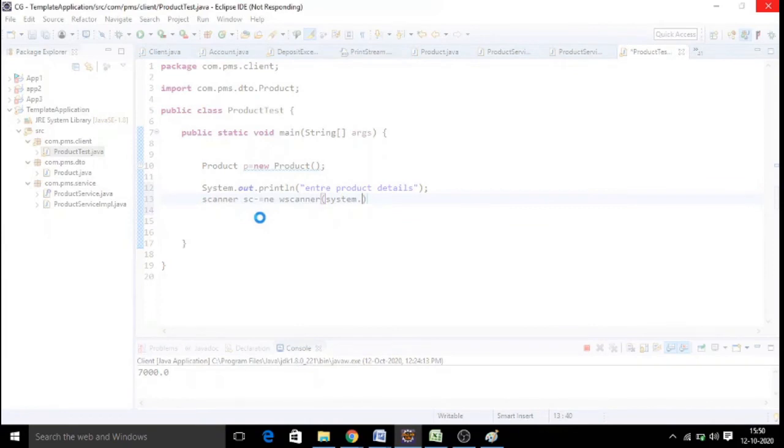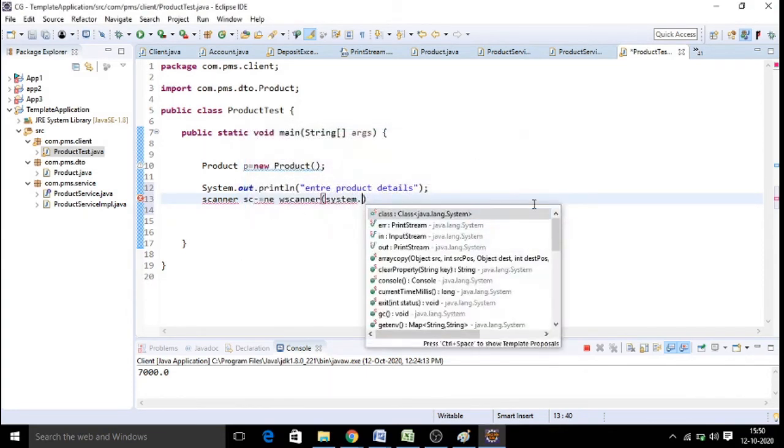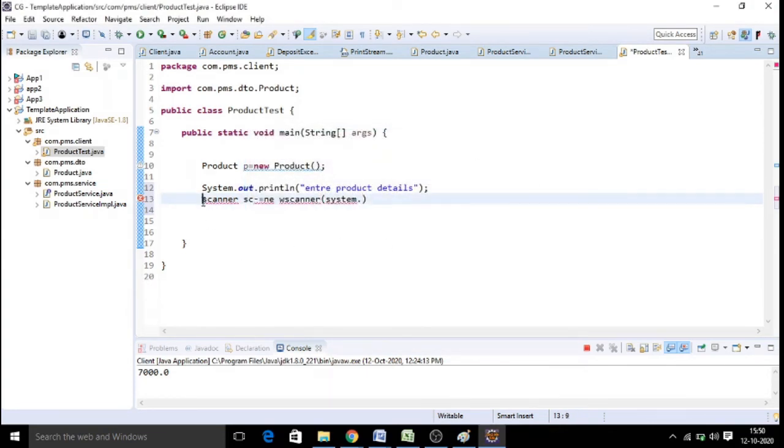So this is nothing but what is called a layered architecture, with proper coding standards, by maintaining proper class names, function names, method names, and variable names. Okay. So first of all, we are creating a scanner object to input the data coming from the user, System.in, and then we will ask the end user to enter the data. Okay.